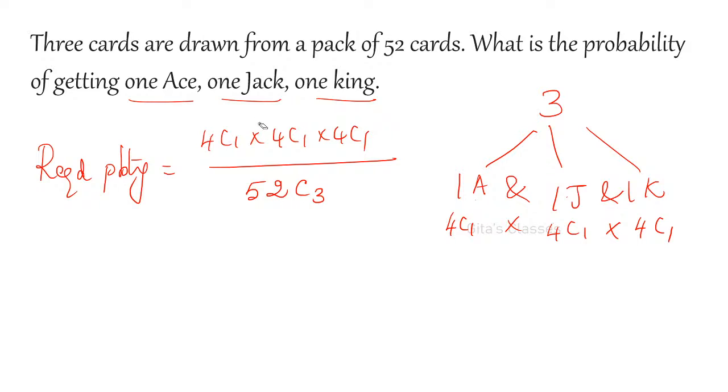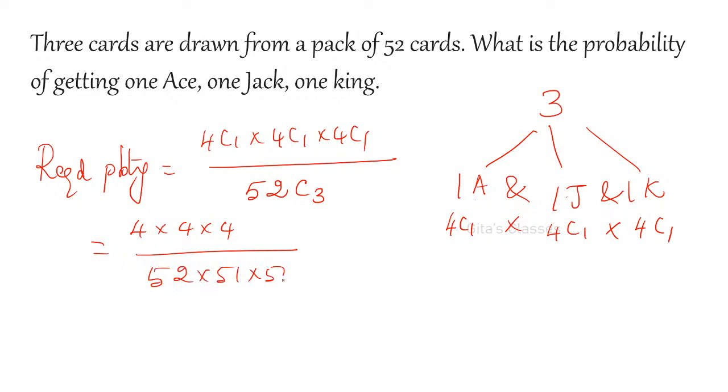Okay. So here 1 ace, 1 king, 1 jack and 1 king. So all the 3 should happen. Therefore, you have to simplify this. So 4 into 4 into 4 divided by 52 into 51 into 50 divided by 1 into 2 into 3. That I will write in the numerator. That is 1 into 2 into 3. When you simplify, you will be getting